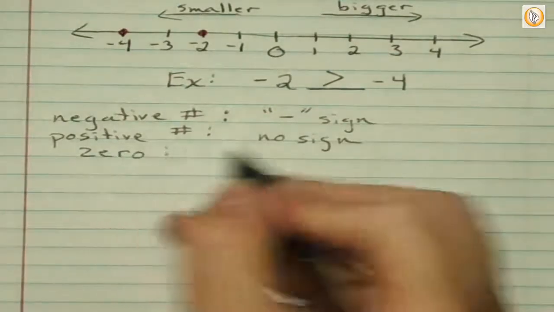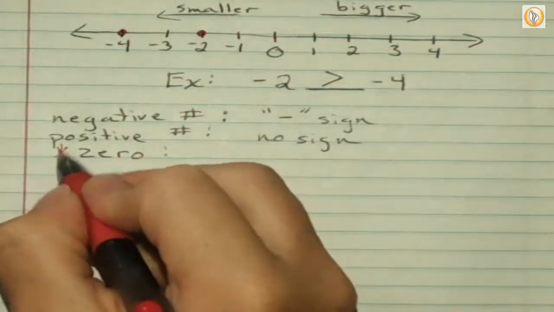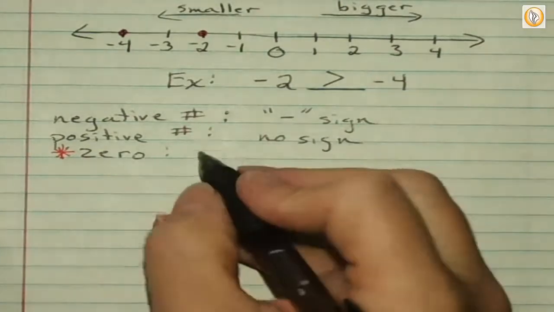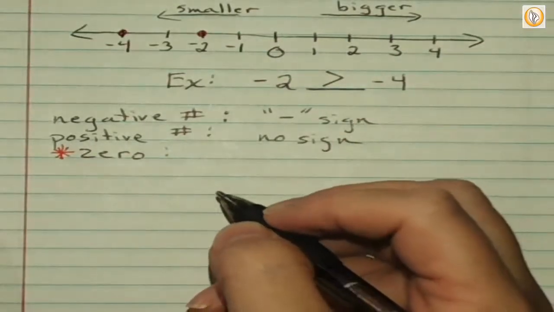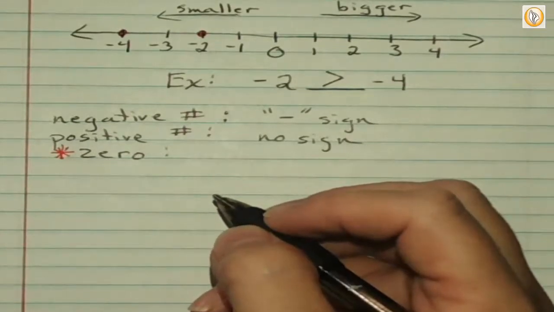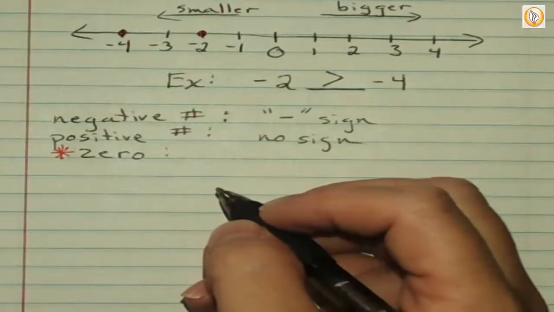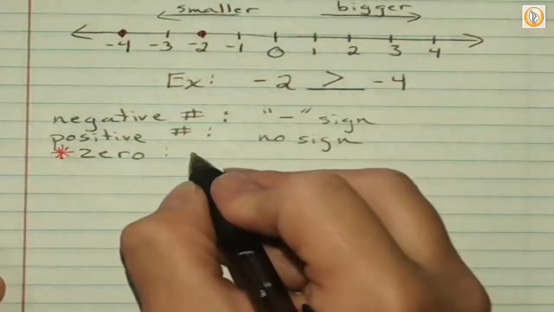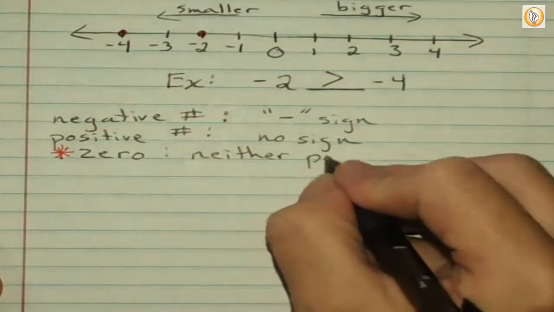Now this is interesting. In my past notes, I have a red star there. You don't have to put a red star, but I'd put a star there. And there's a reason. Because my students forget all the time that 0, and we ask, is it positive or negative? Neither. Raise your hand. Yes, ma'am. Both. Is it neither? Really, did you raise your hand before you yelled it out? Okay, it's neither. So kind of along the same lines. It's neither positive